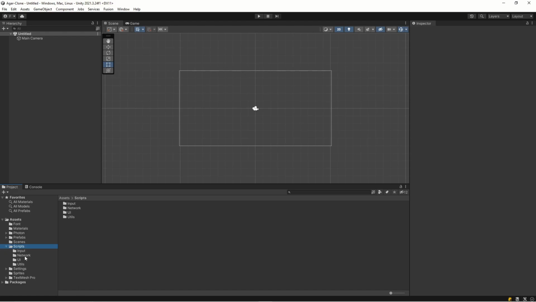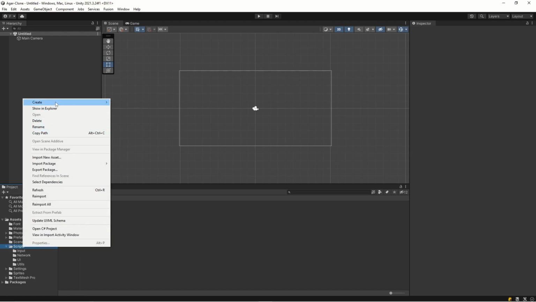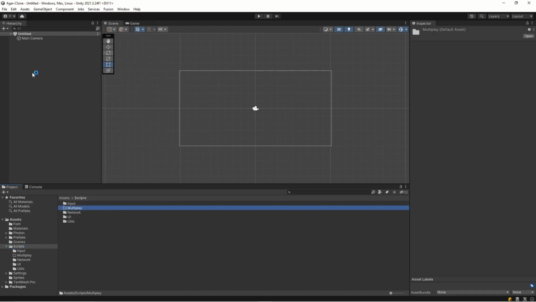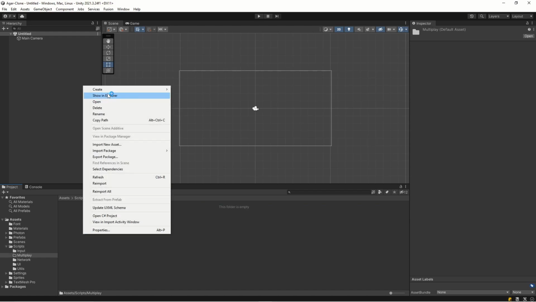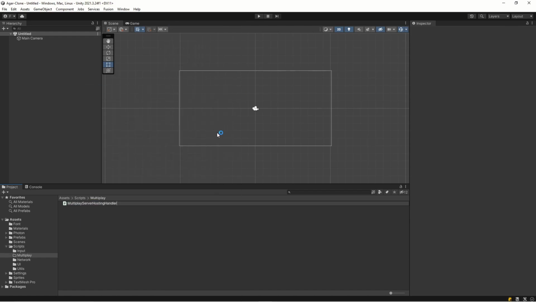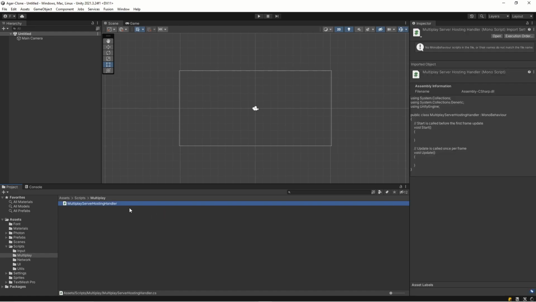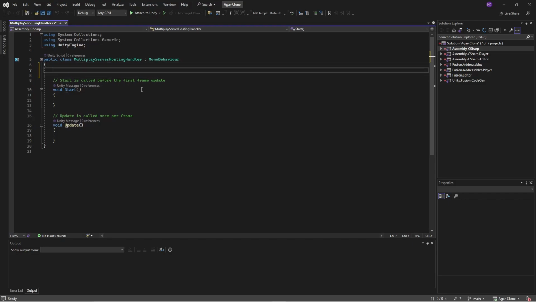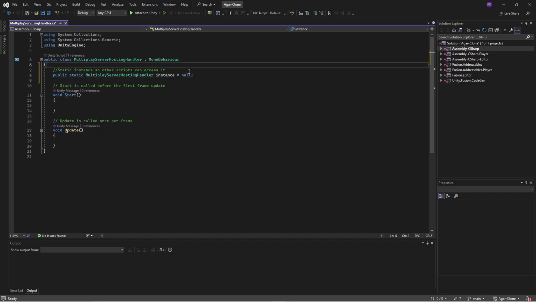So let's go into Scripts, create a new folder, and we'll call it Multiplay. And then let's create a new C# script, and we'll call it MultiplayServerHostingHandler. Press enter, and then open it in Visual Studio. So this is going to be a singleton, so other scripts can access it. So let's do a public static MultiplayServiceHostingHandler, same as this, Instance, and assign it